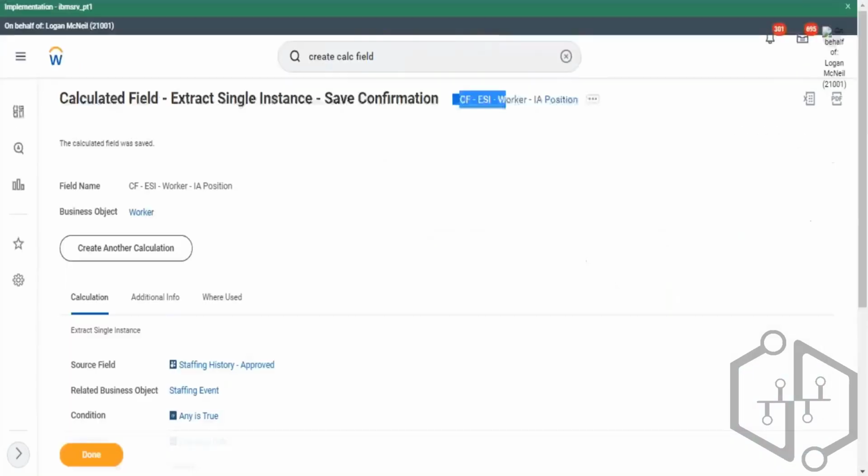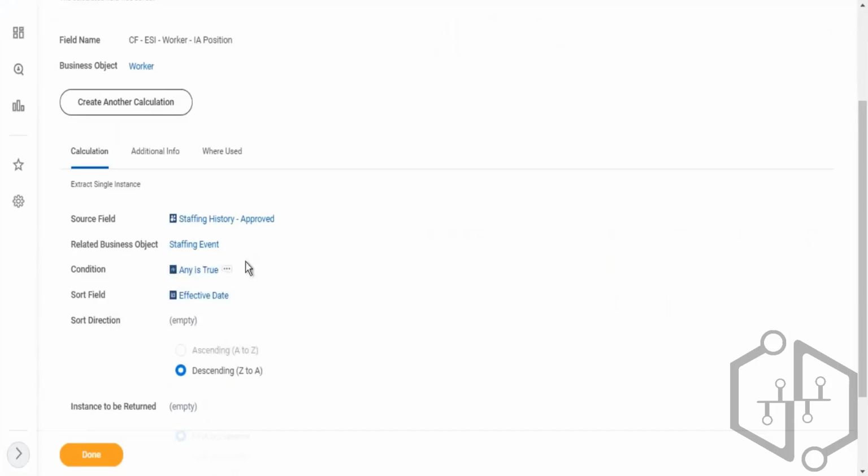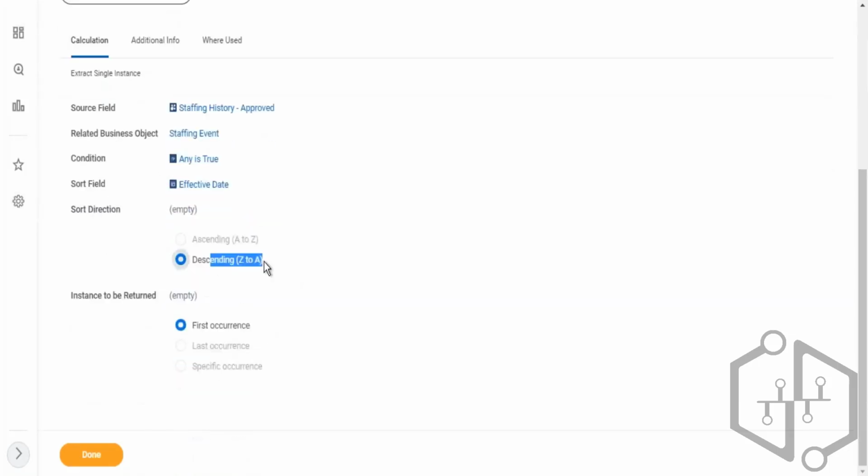So Workday first checks the condition. My condition is any is true. So the system has basically returned all three staffing events, hire and then two international assignments. Then Workday goes through this sorting. Again, all three have the same effective date, so it randomly returned me hire. But for the other two, okay,